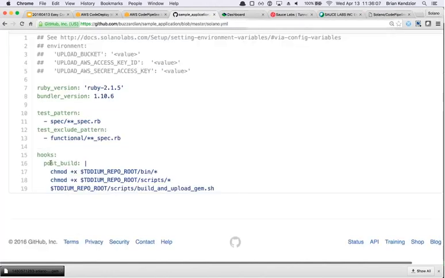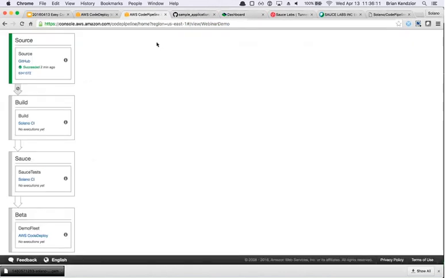So in the post build, you can do basically whatever you want, and CodePipeline will upload everything that is in your source repository at the end of that step. For example, if you wanted to archive or artifact the JUnit reports as well as maybe anything from Sauce, such as the videos and the Selenium logs, you could access that using the REST API and leverage that in your Solano post build and have that archived and artifacted as part of your Solano build,